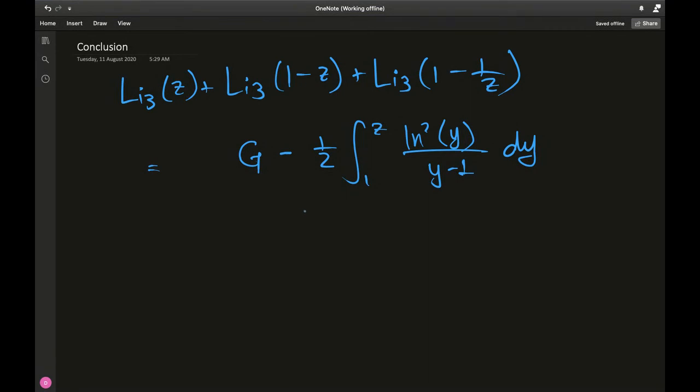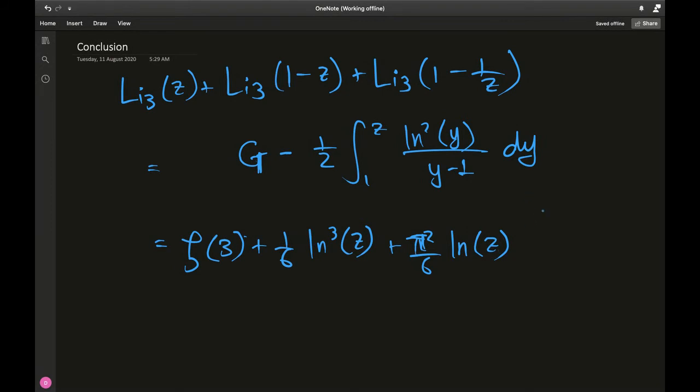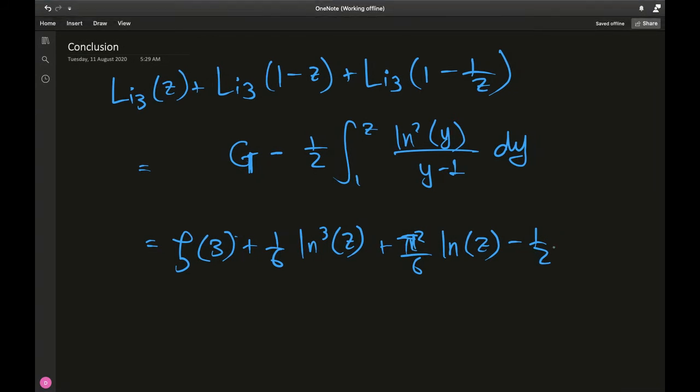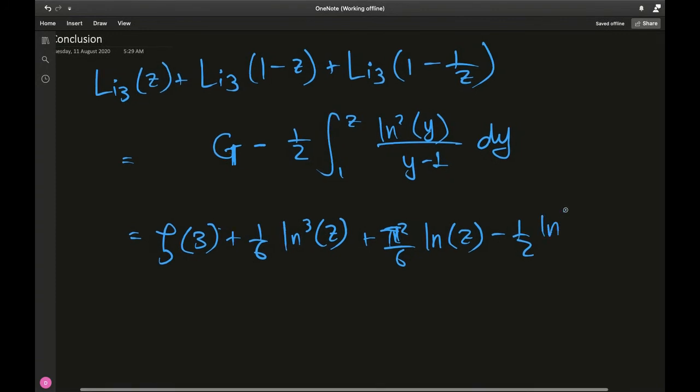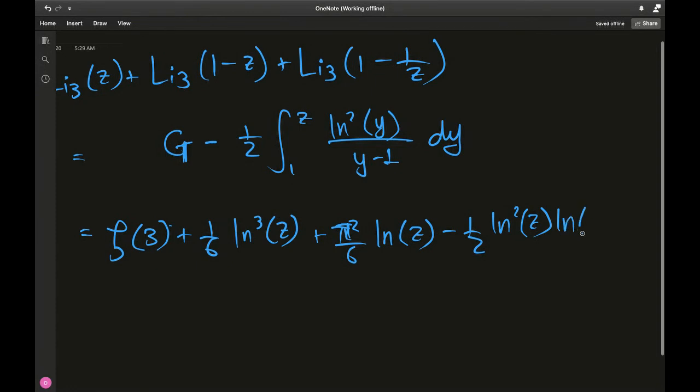Okay, so on this fresh page, all I've done is write the original left hand side that we sought to evaluate, and then express that where we ended on the very first page, the group terms minus half of this integral. Well, we know for a fact that the group terms are Riemann zeta of 3 plus 1 over 6 natural log cube z plus pi squared over 6 natural log of z minus half natural log squared of z times natural log of 1 minus z,